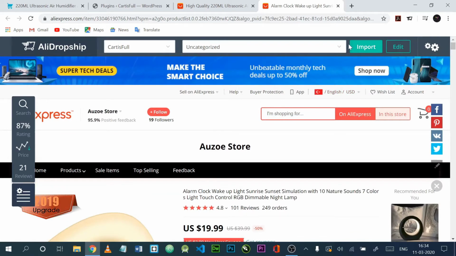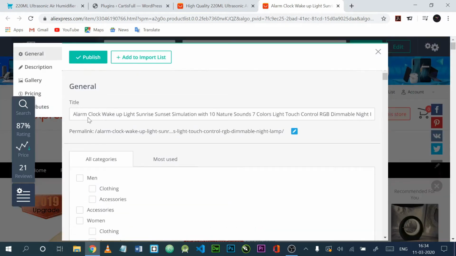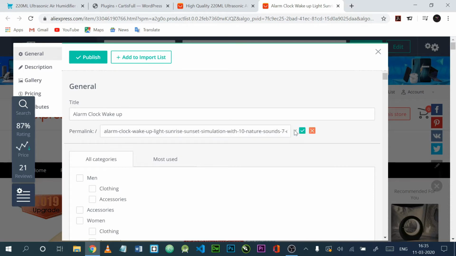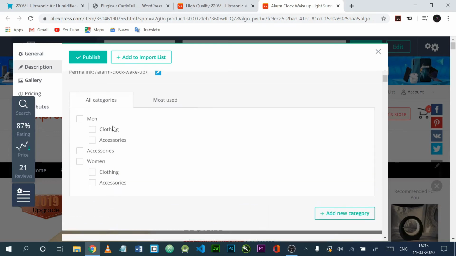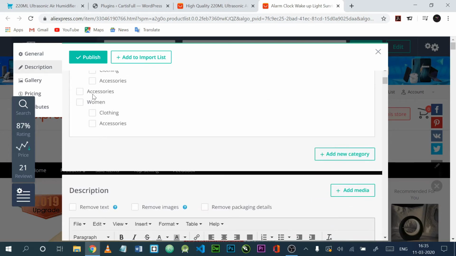So you can just directly import it from here, but I need to add and make some changes to this product. So I'll rename this and give it some other name. Okay, it's nice. So I'll just rename all these things and I recommend you to have the same permalink as your product name, that is alarm clock wake up. Okay, so I will just add it in accessories, not in this one, but this one. Okay,